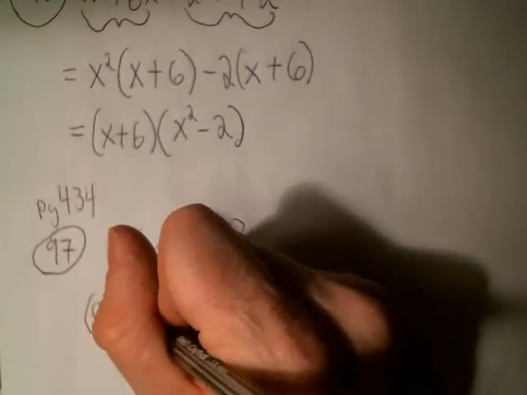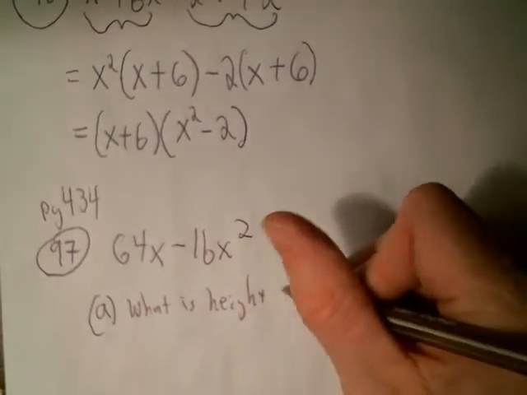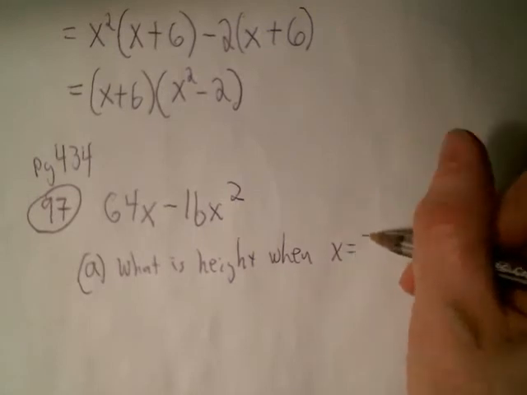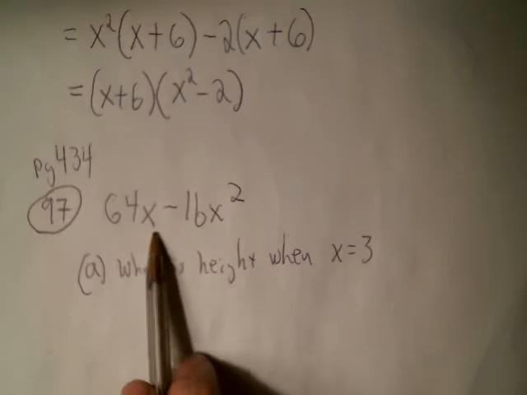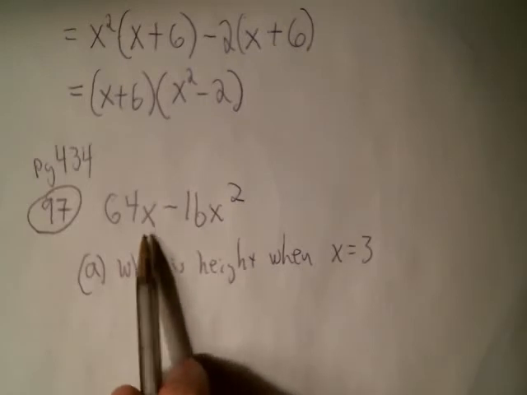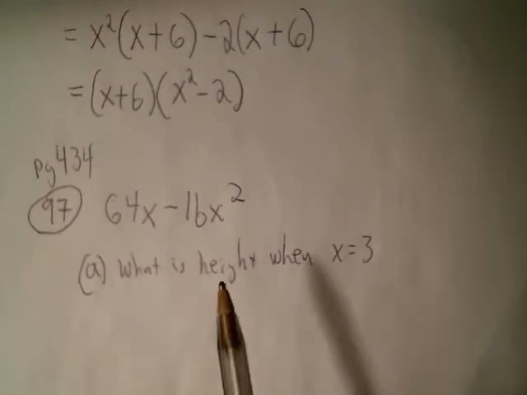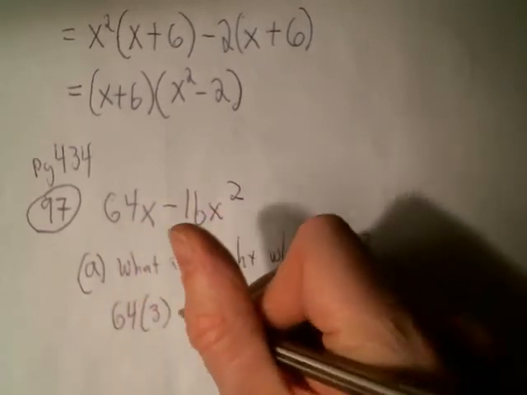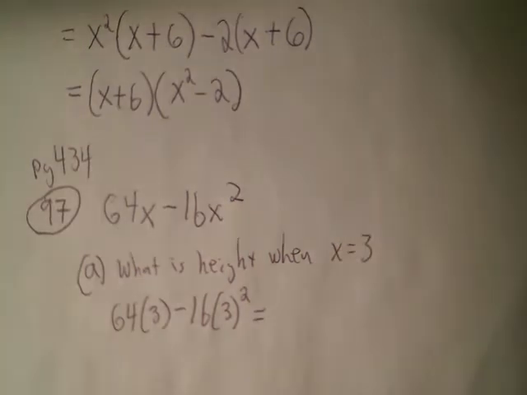So what is the height when x is 3? Because this thing will tell you the height for whatever x value in seconds that you want to know. So you just basically plug and chug. I'm going to plug 3 into there. So I'll have 64 times 3 minus 16 times 3 squared. And if you put that into your calculator,